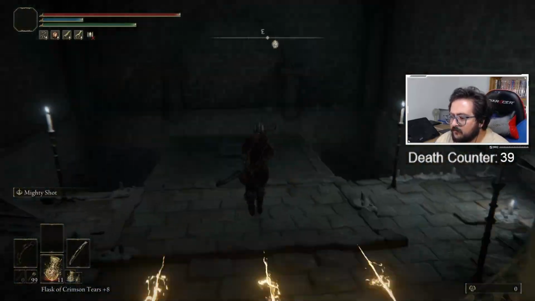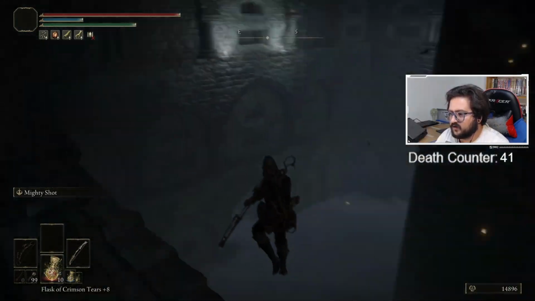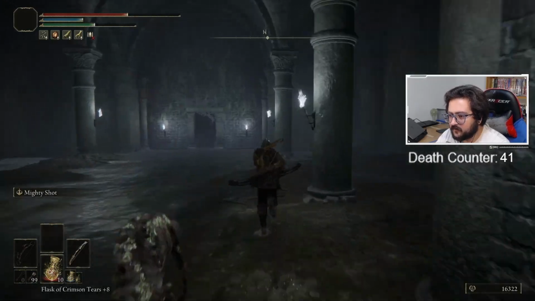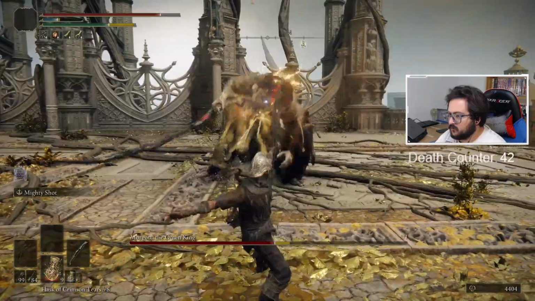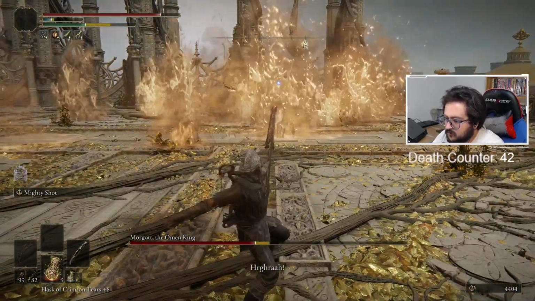Heading to the catacombs to get electrocuted and pull this lever, dropping down into this secret area to get the ancient dragon apostle cookbook for electric arrows. Heading back to Margit and buffing with Golden Vow, using the electric arrows and making sure to stay out of his range, I mighty shot him while he's transitioning into phase 2, slowly whittling down his health